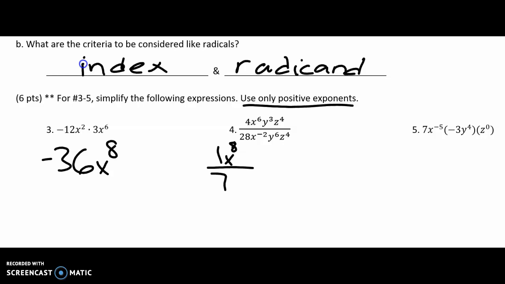Okay, I have 3 minus 6 for the y's. All right, so that would be y to the negative 3. Okay, and then finally 4 minus 4, which is 0. So a couple things we have to do to simplify this. Number 1, anything to the 0 power is 1. So essentially that z can go away. All right. The other thing to this is we have